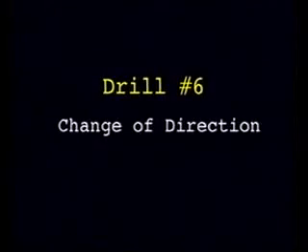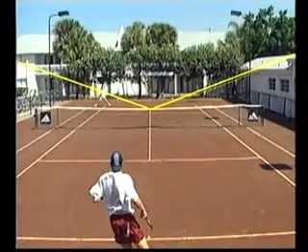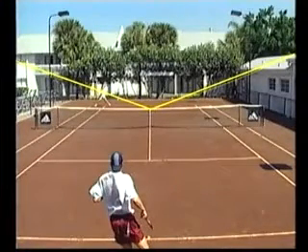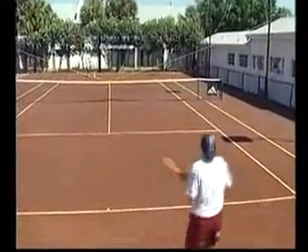Drill number 6, change of direction in the rally. For this drill, we've extended a rope approximately 15 feet off the ground at each end and down through the center net strap to simulate a higher net at the sidelines. If you are without a rope, try and visualize one instead as you